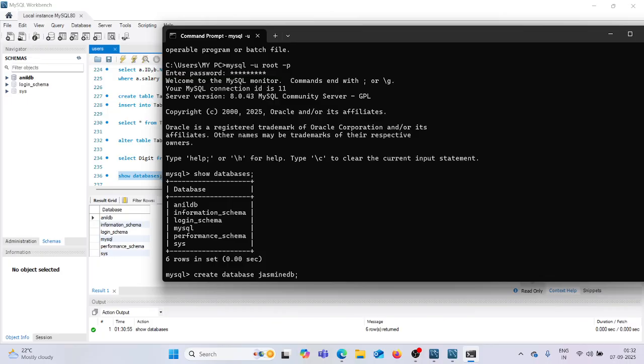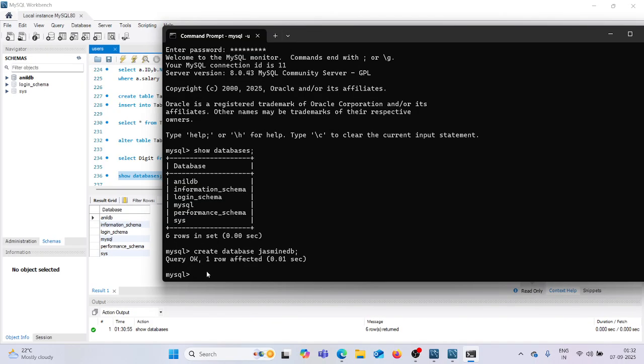This time the database name will be Jasmine DB. Inside the MySQL shell, I want to show you how I write create database with the name. Now enter.